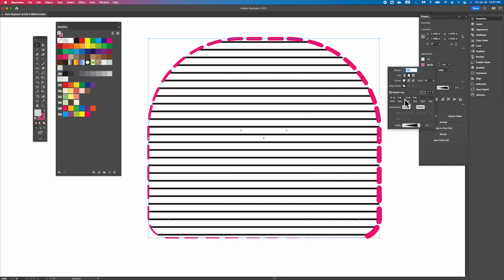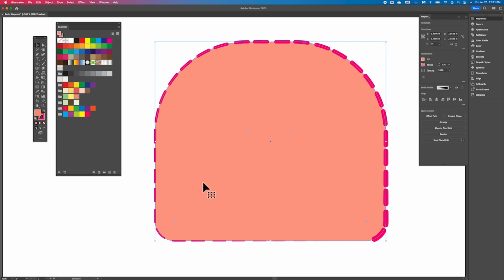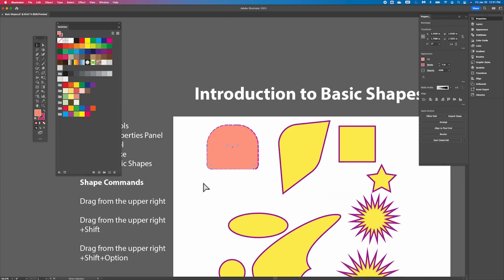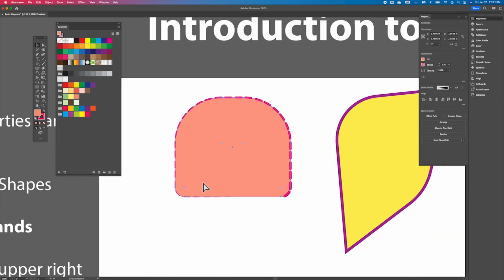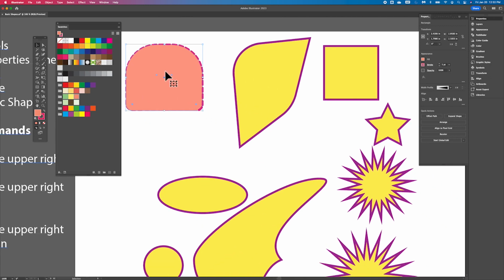And yeah, so I think that's all we're gonna look at here. I'm gonna go ahead and change my fill back to, what was it, this color here. And yeah, so I want you to just take a few moments and go through and play around with different